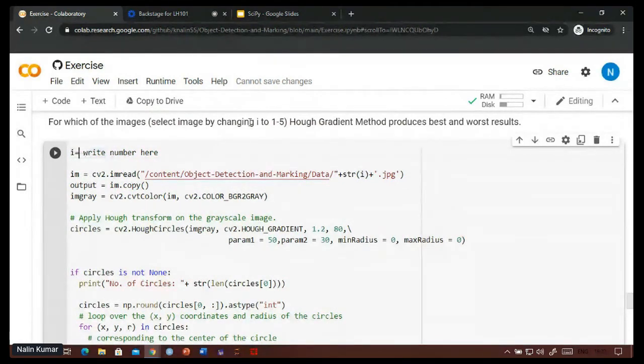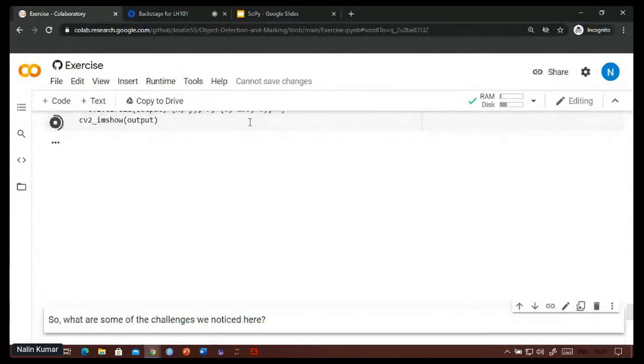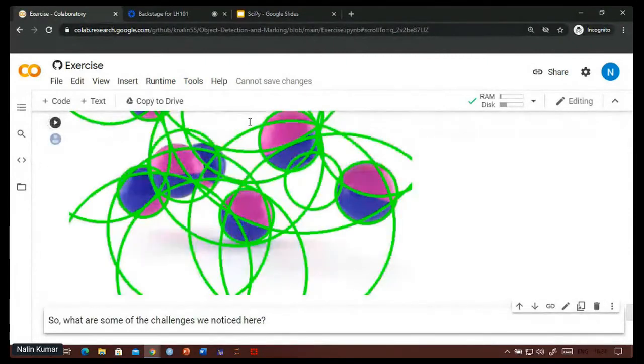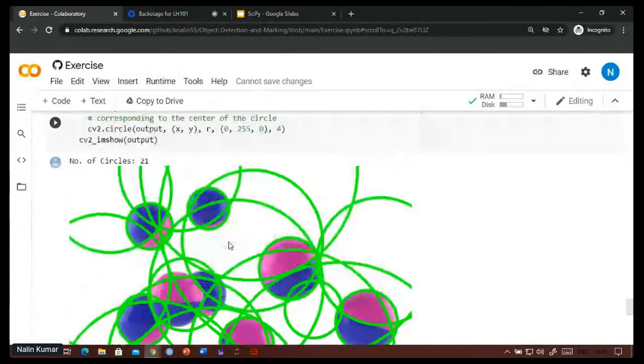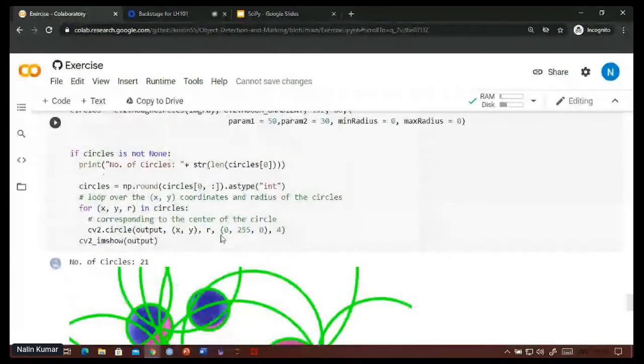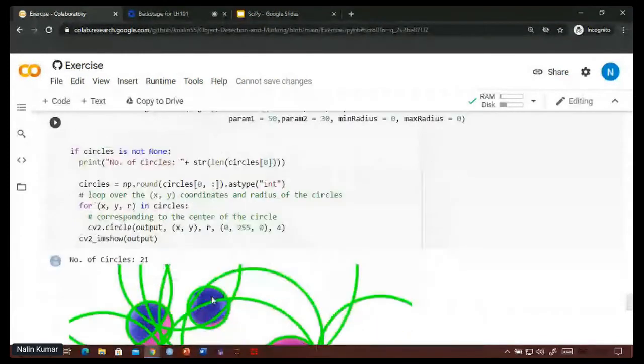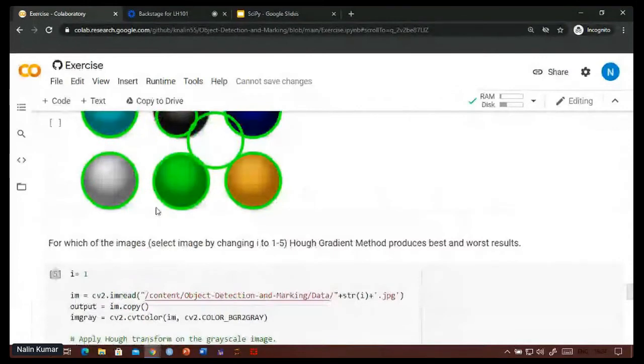So let's discuss this so that we can understand why there is a need for the neural network to work here. See, here our balls are not of the same color, and they are overlapping also. Okay, this is a bit harsh even for the gradient method.